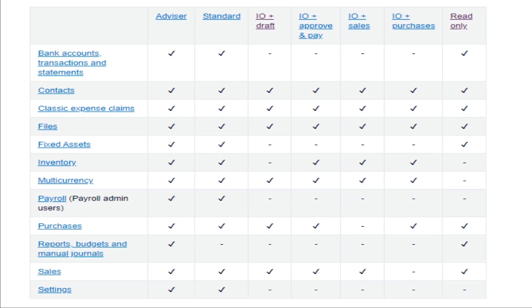They can also import, merge, or archive contacts. If the user has the bank account admin permission, they can also add and edit the contact's bank details. Okay, so that's the 4 invoice only user level access.